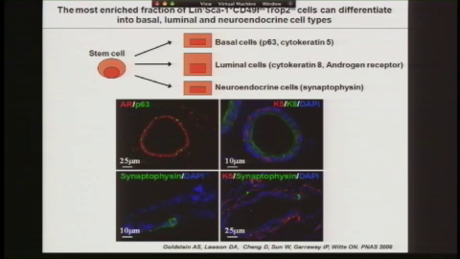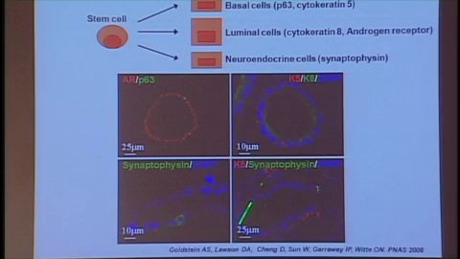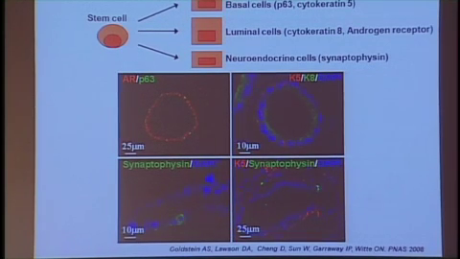And I'll just show you one piece of data from his paper on this, which is to say that cells isolated with the phenotype of Lin-negative, SCA1 positive, CD49f positive, TROP2 high are really the best stem cell population that we found. Those cells isolated can be put into this in vivo system. They give the highest number of tubules with all the right structure, et cetera.